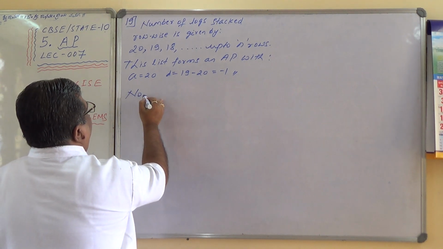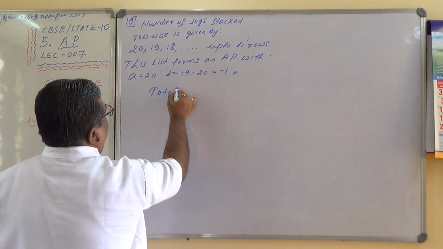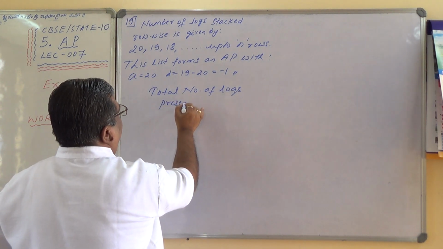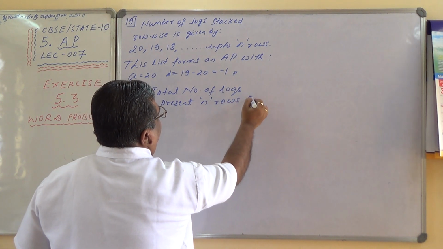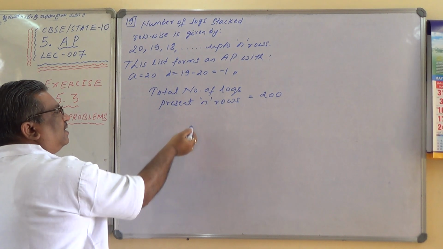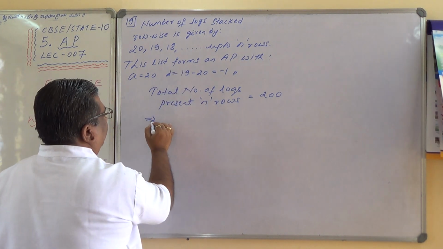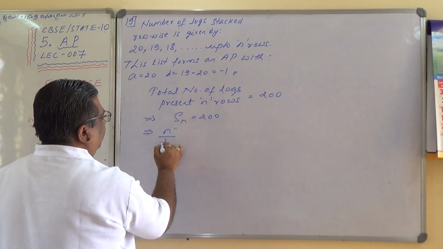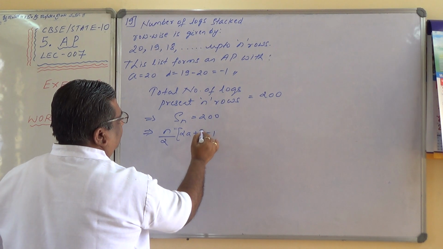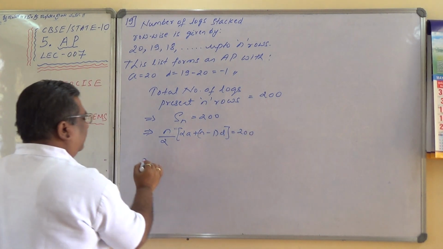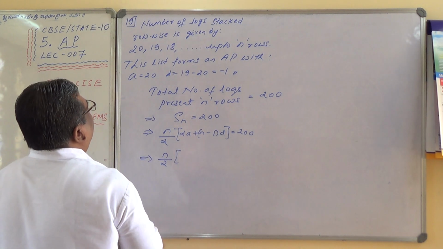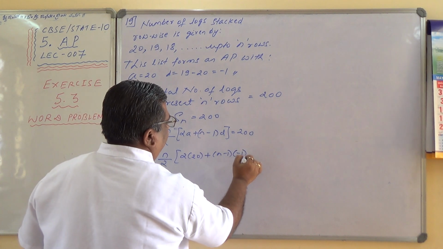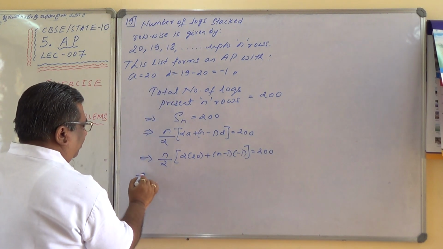So, total number of logs present in n rows equals 200, which is nothing but the sum of logs present in n rows, implies Sn equals 200, implies n by 2 into bracket 2a plus n minus 1 into d equals 200. 2a, 2 times 20, plus n minus 1 times d, which is minus 1, equals 200, which implies